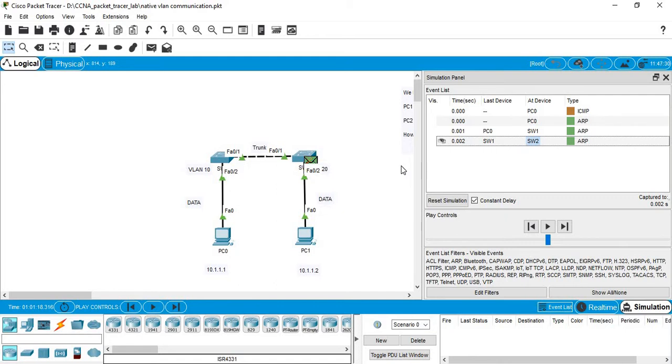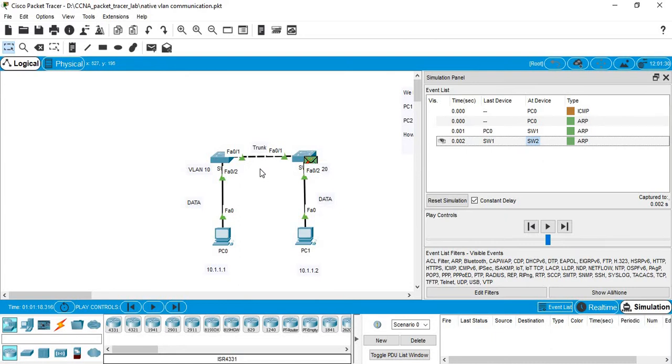So what we can do, if you remember in the last video, we used the access port. We make this port VLAN 10 and this port VLAN 20 as access ports, and they are able to communicate, because when we make them access ports, the traffic goes out of this port untagged. And if you know the concept of native VLAN, it carries the untagged traffic.